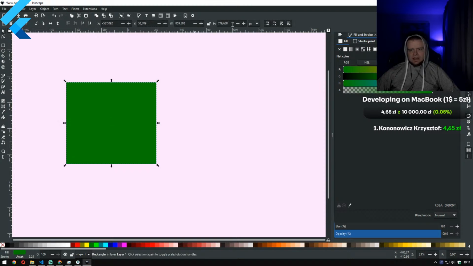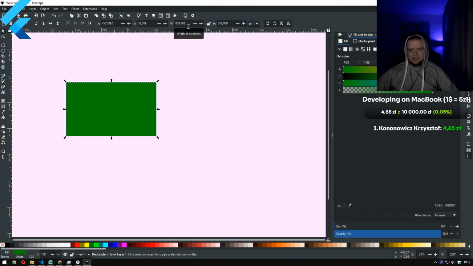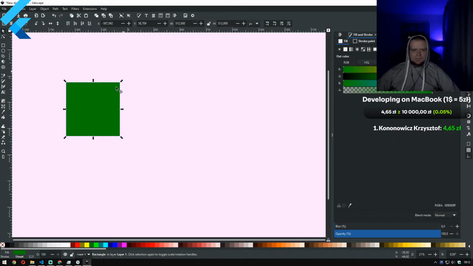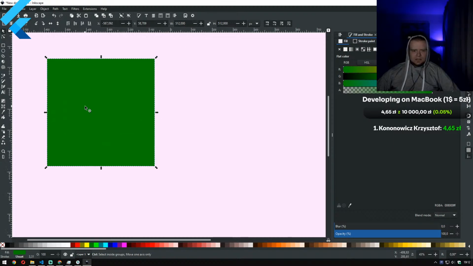And the icon needs to always be a square, and the best practice is to have 512 by 512 pixels. So this is our background,